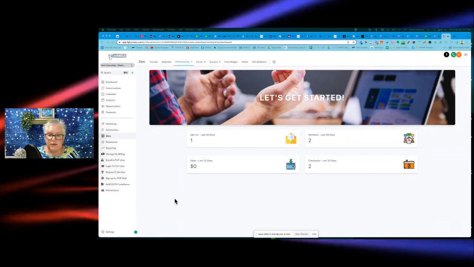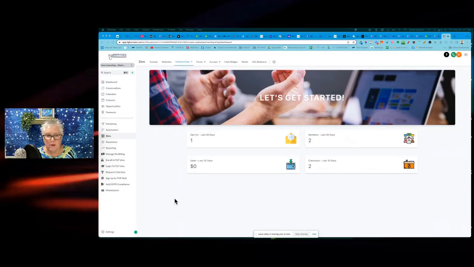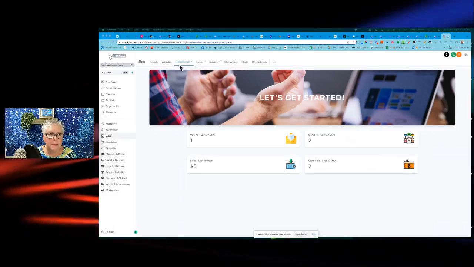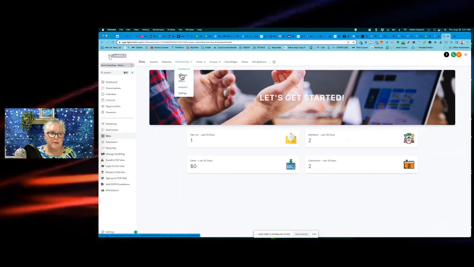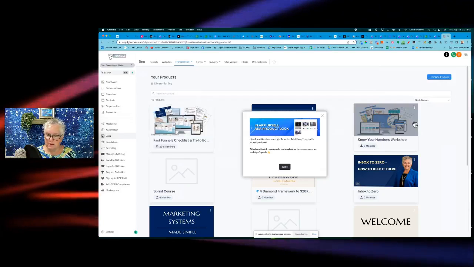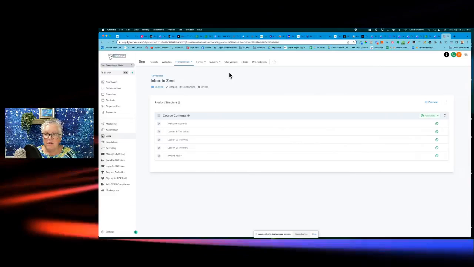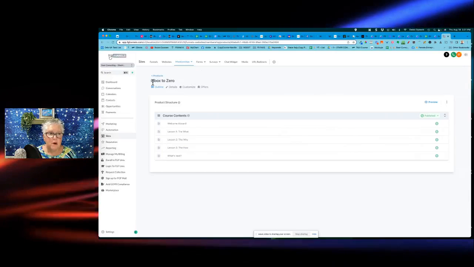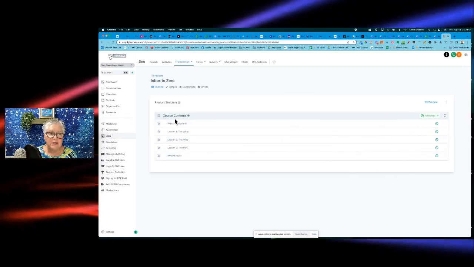Okay, so this is Funnel Gorgeous, which is a white label product, Go High Level. However you know it by, there's lots of people that have white labeled it. So I am on the membership side here, and when we get into the memberships, let me just open up something so I don't mess it up too much here. And again, I'll give you full training later. But if you were going to create a course, you would create the product, and then basically you just create